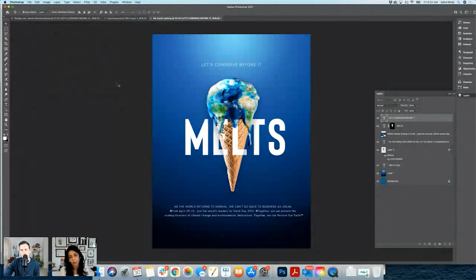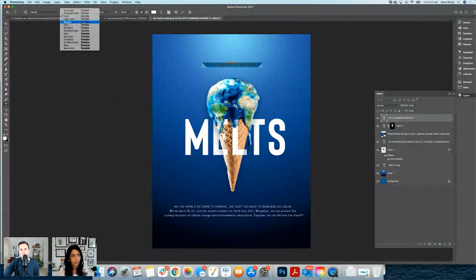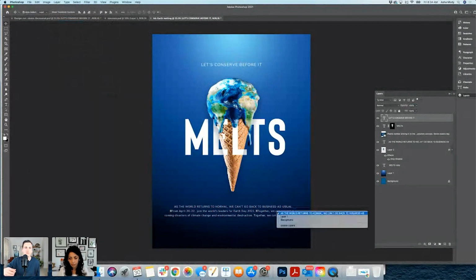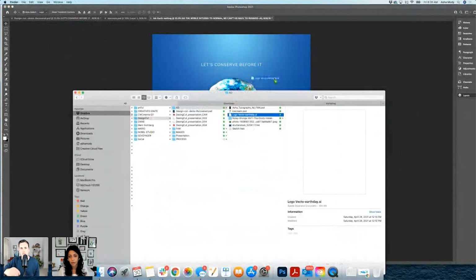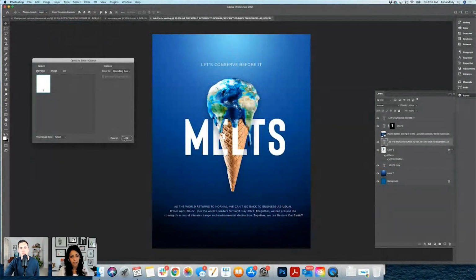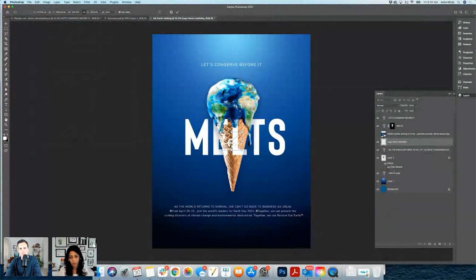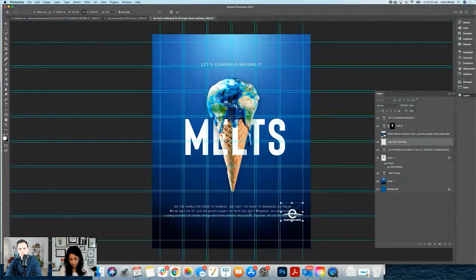Maybe I'm going to use more than two or three fonts here. So yeah, I like this font. Maybe I can do a little one. It's light, and I can go for the regular. And then I'm thinking, oh okay, I missed bringing the element of my logo. So I need to bring that. And I'm bringing it as a smart object with a bounding box here. And I need the logo. So all the ingredients are there. And I'm zooming out and playing with the type.